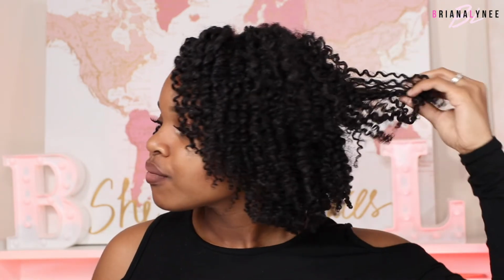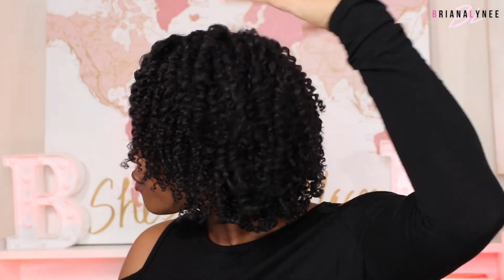So for those of you who always want to know what can you do to fight against shrinkage, well, a little thing that you can do is go ahead and take your blow dryer and use that blow dryer to stretch out your hair. You can put the blow dryer on low and put the heat on low as well, and you just allow the blow dryer to blow on your roots of your hair. Not for too long because you don't want to lose all the definition,